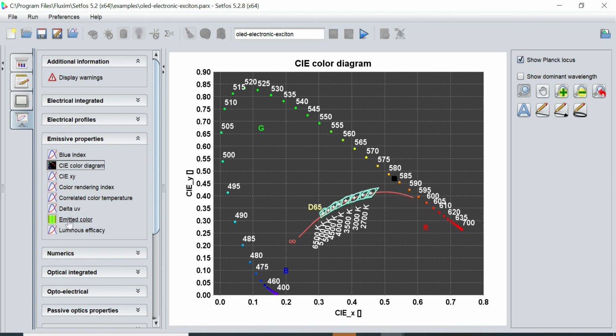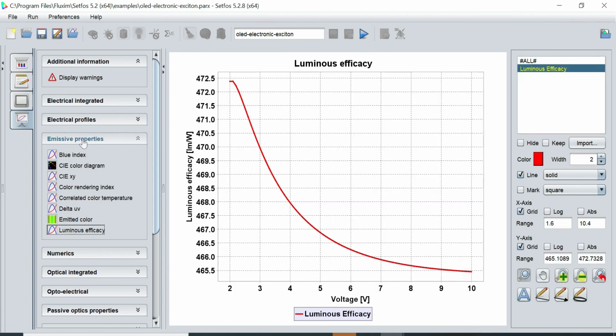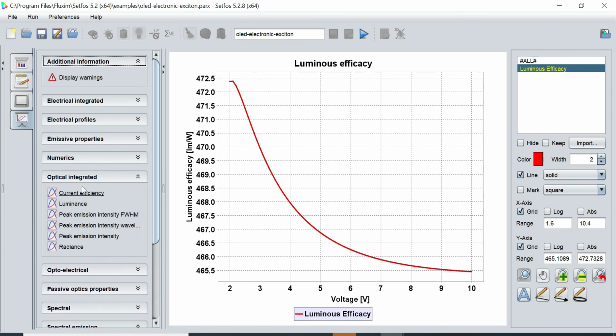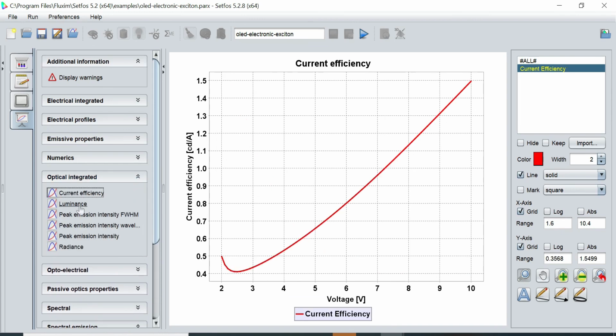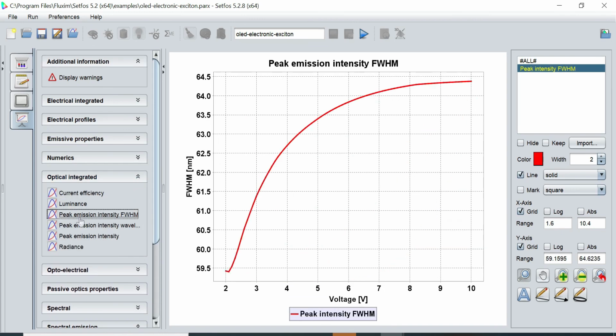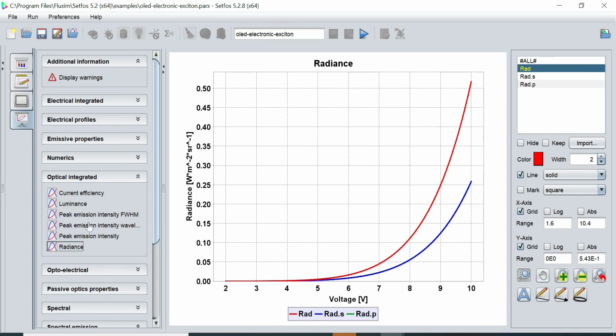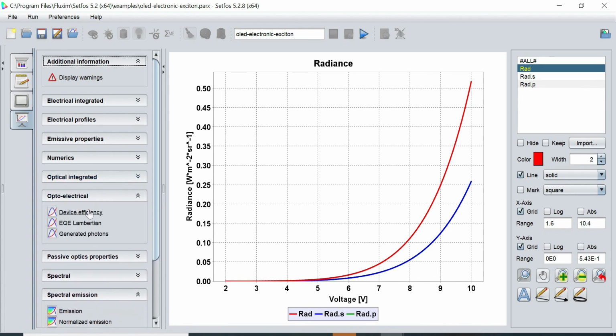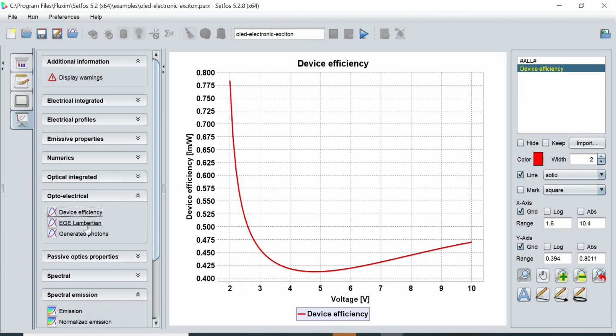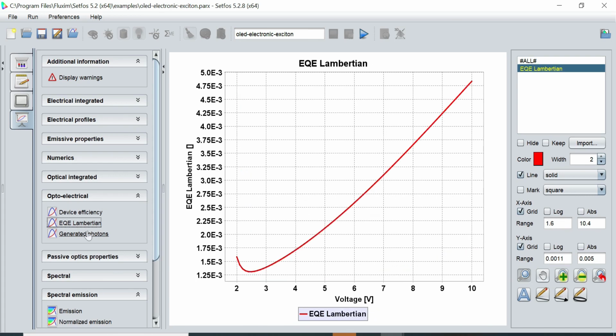You can plot other luminous efficiency and current efficiency plots, luminance plots, peak emission intensity, radiance with S polarized and P polarized, and opto-electrical device efficiency and EQE, external quantum efficiency, Lambertian,